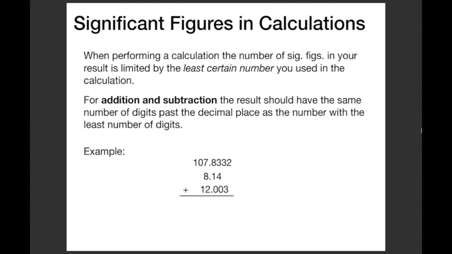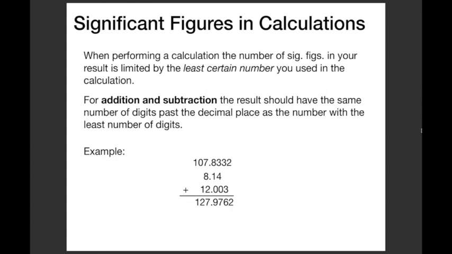As an example, let's look at the following problem. Here, we're adding together three numbers. We're adding together numbers that contain as many as 7 significant figures and numbers that contain as few as 3 significant figures. If we go through and add these together, ignoring the number of significant figures, we obtain this result,